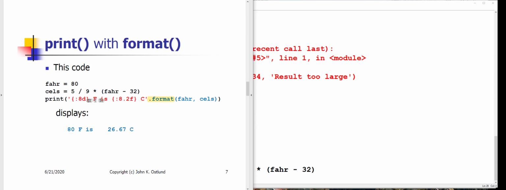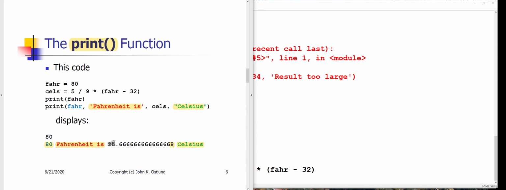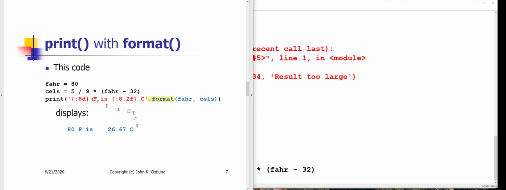If I want to neatly format my Fahrenheit temperature and my Celsius temperature, rather than getting this default display for floats, which shows as many characters as it can, including one final character's worth of garbage, I can specify a format specifier for each value that I want to display,